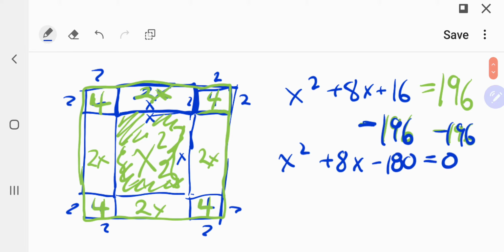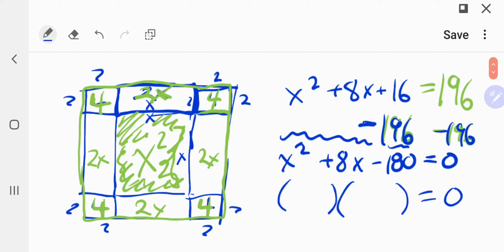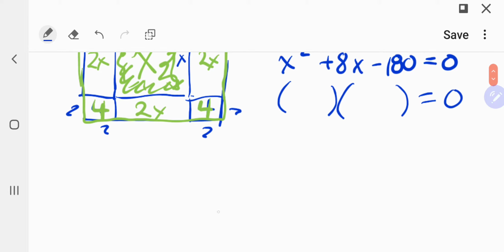That's good, because we want to use the zero product property. Problem is, we don't have a product. This is a sum. x squared plus 8x plus negative 180 equals 0. So it sums to 0. We want it to multiply to 0. But could we somehow come up with two things that when we multiply them would be the same as x squared plus 8x minus 180? In other words, we need to figure out what goes here and here and here and here, so that when we do the rainbows,